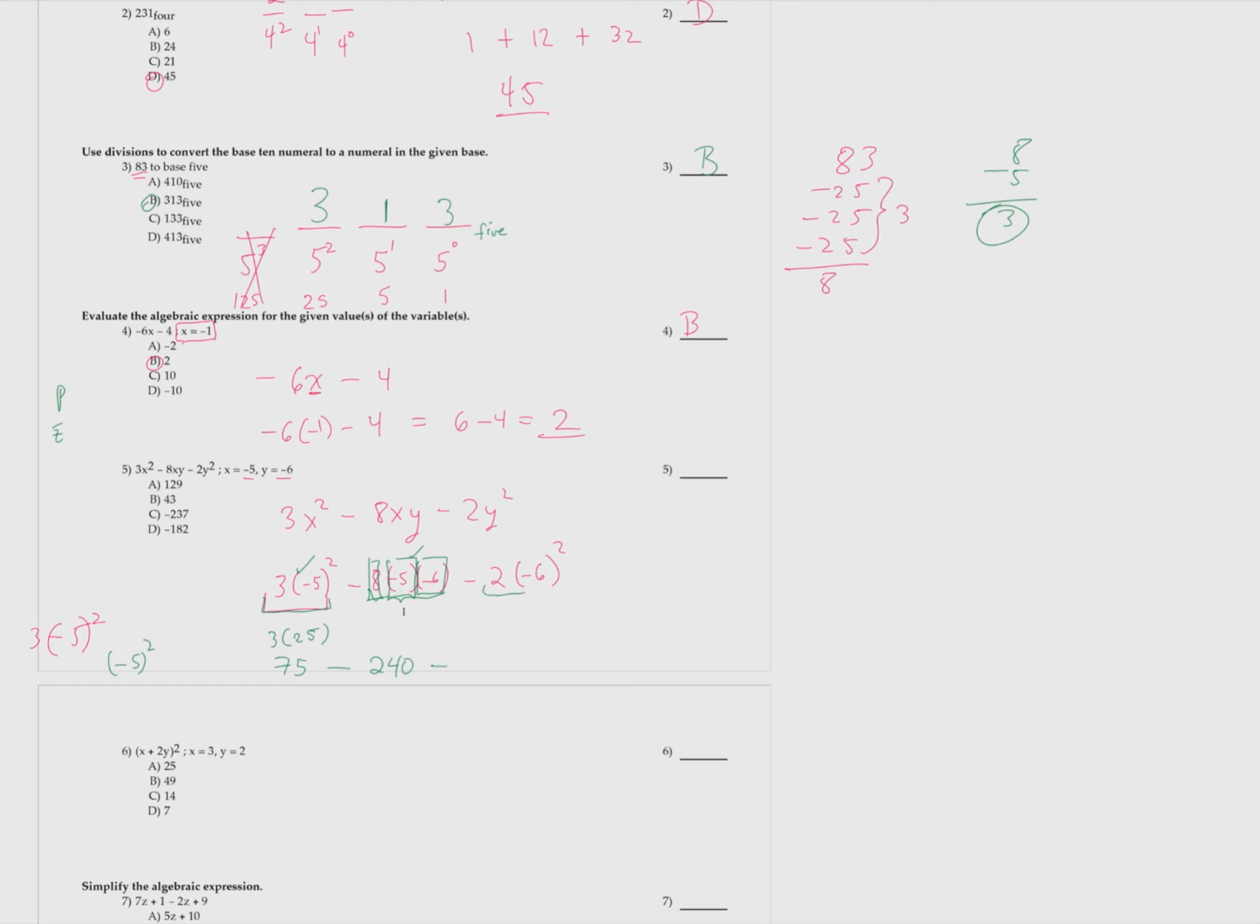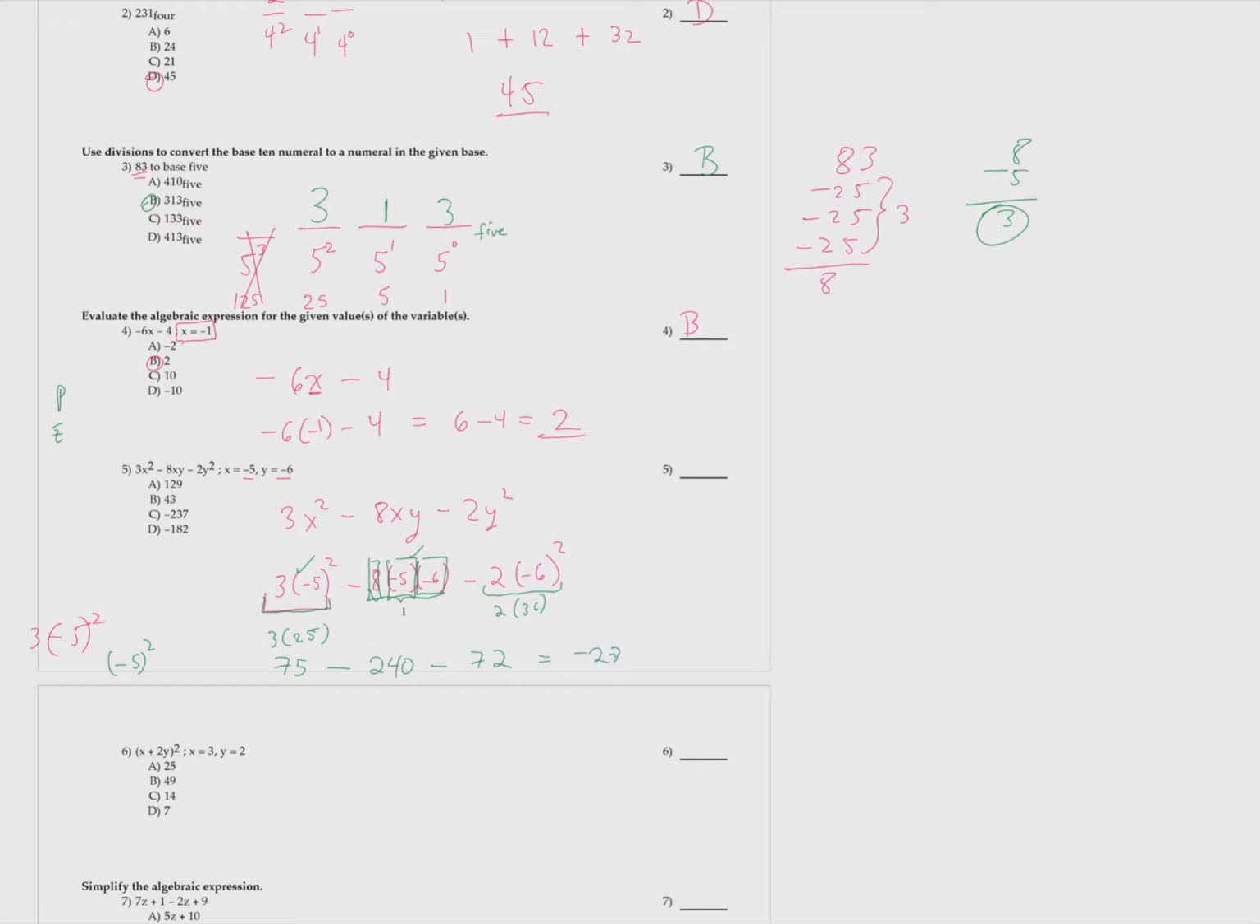I'm going to bring down the negative, and then I'm going to worry about the 2 times negative 6 squared. So negative 6 to the second power is 36, positive 36, don't forget that. And 2 times 36 would be 72. That negative, again, I just brought it down, no big deal. And now we, again, use a calculator, and we put 75 minus 240 minus 72, and the answer I get